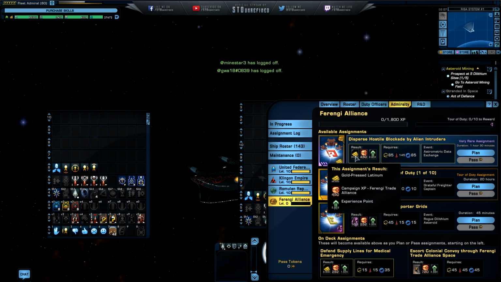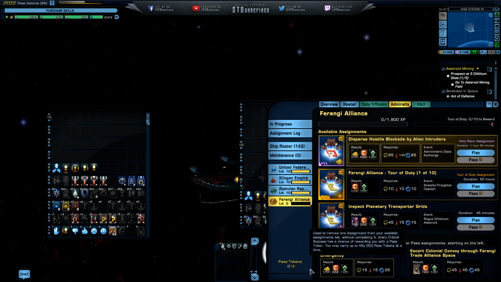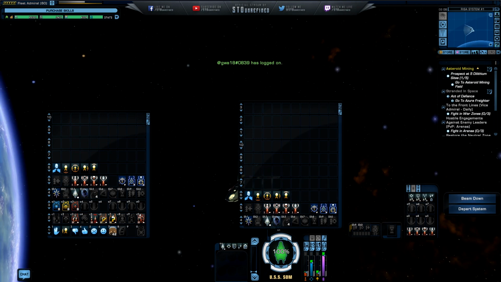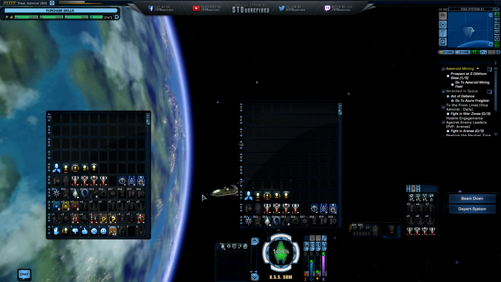I definitely love the new Ferengi Alliance Admiralty that they're going to implement in the near future. I'm hoping the campaign is really awesome, going to give us gold-pressed latinum in return, and I'm definitely looking forward to it. And that's about it. Those two are the main focus of this video. Obviously, they're doing a lot of bug fixes and stuff like that in the background, but that's not really going to